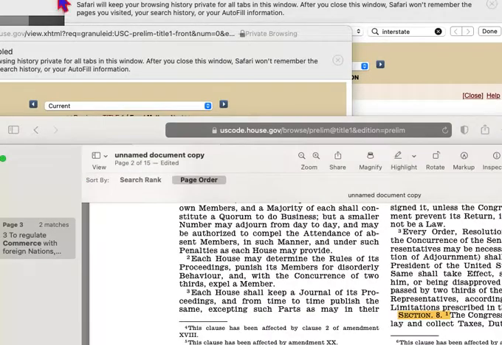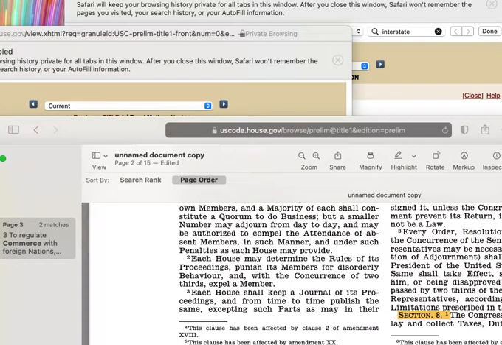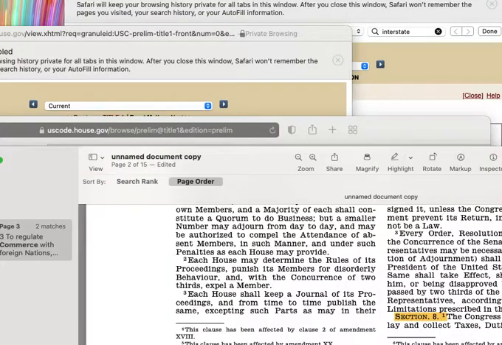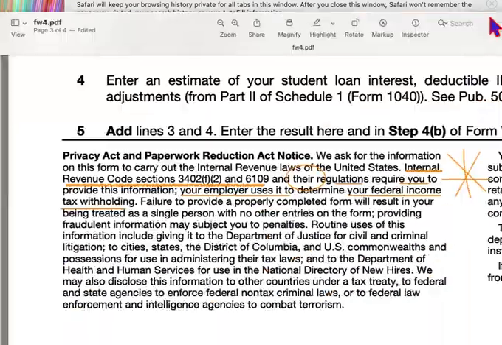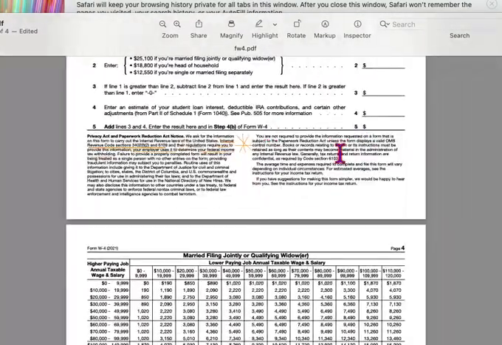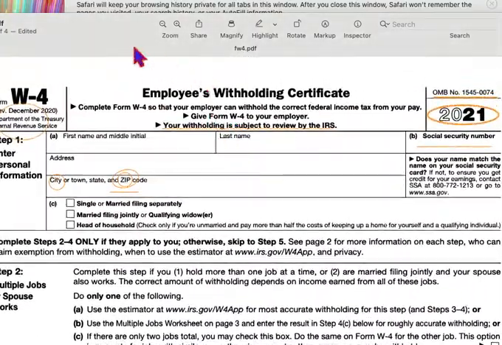Now, if we look at, for example, the form the federal government uses for taxes, the W-4, it's going to cite something in a different way. And the way they cite it shows that there's no evidence of it having been passed into law. So we go to, let me show you the top, employees withholding certificate.